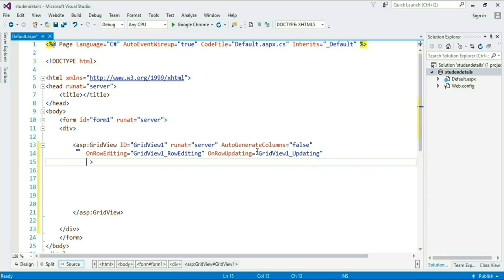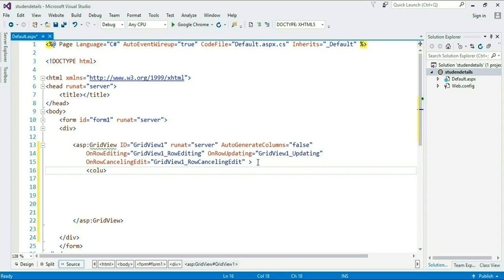So I am now taking OnRowCancelingEdit and giving it a unique event name, GridView1_RowCancelingEdit.